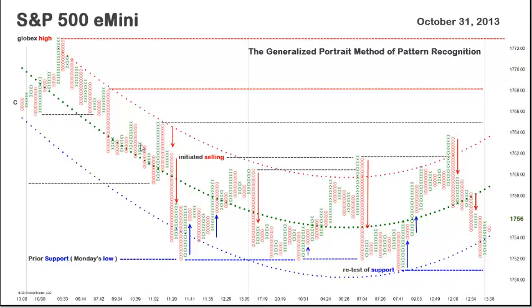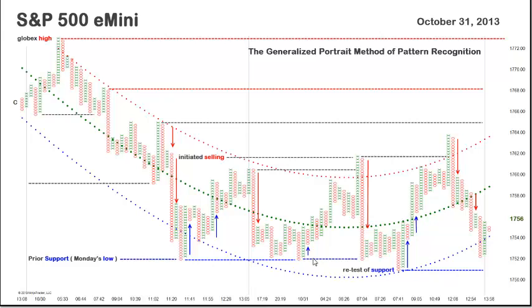Here we see the point where the initiated selling started during Wednesday's auction. We had identified in yesterday's market structure the key initiated selling point at or near 1762. The low, down at 1752, was identified during Monday's session, and we had an additional reference to the 1752 low from Friday's auction. Here you see the retracement that occurred during yesterday's close and the pullback that occurred in the